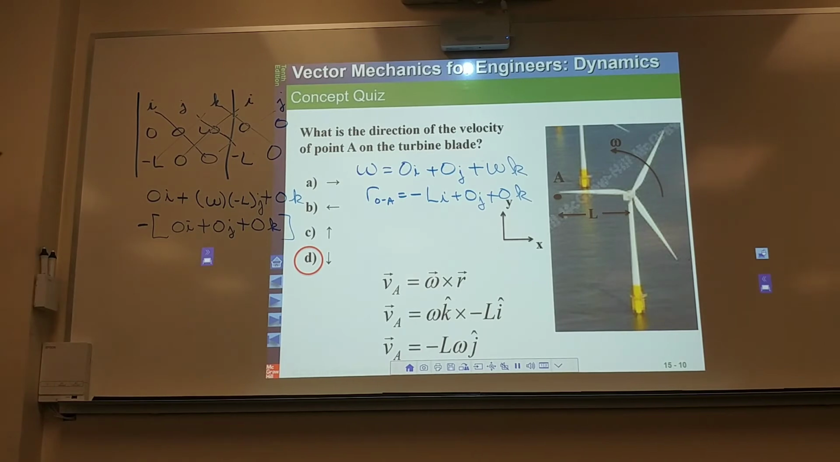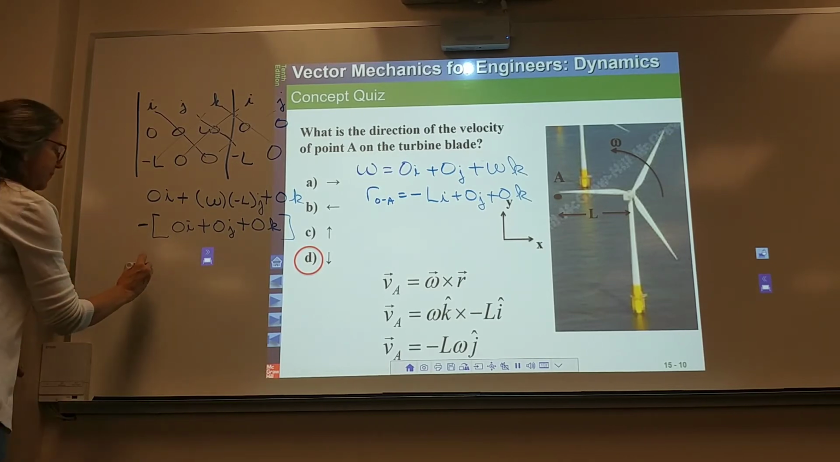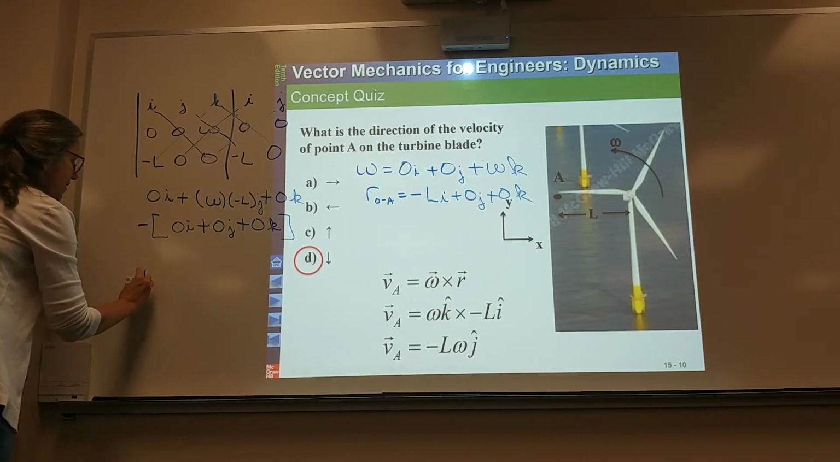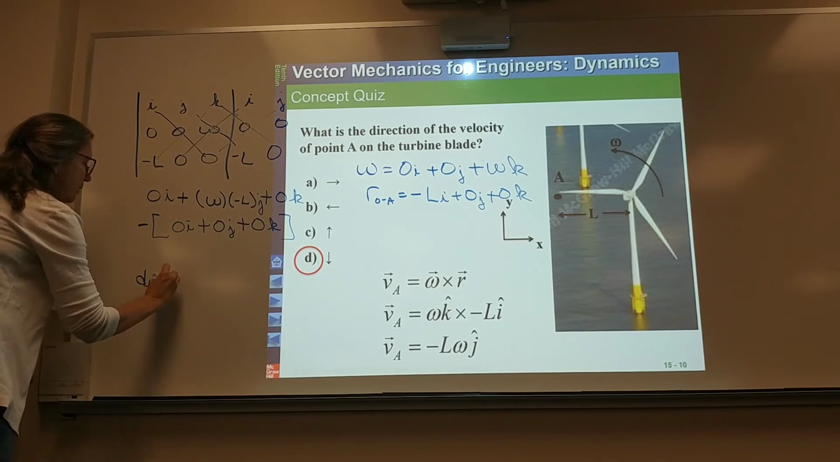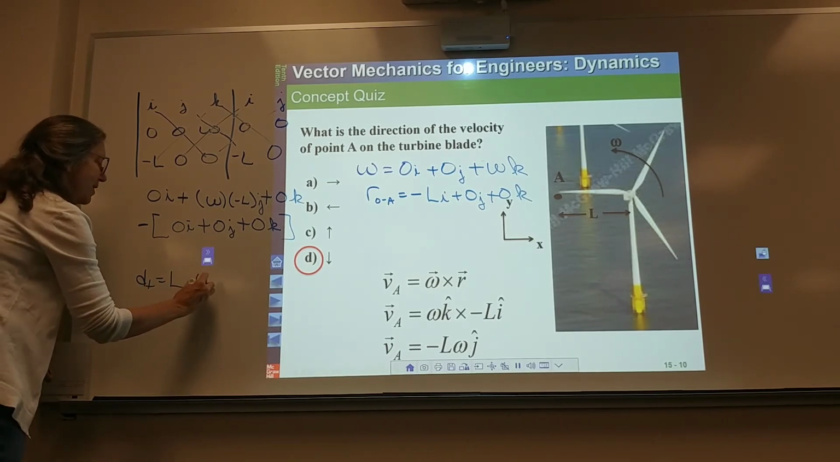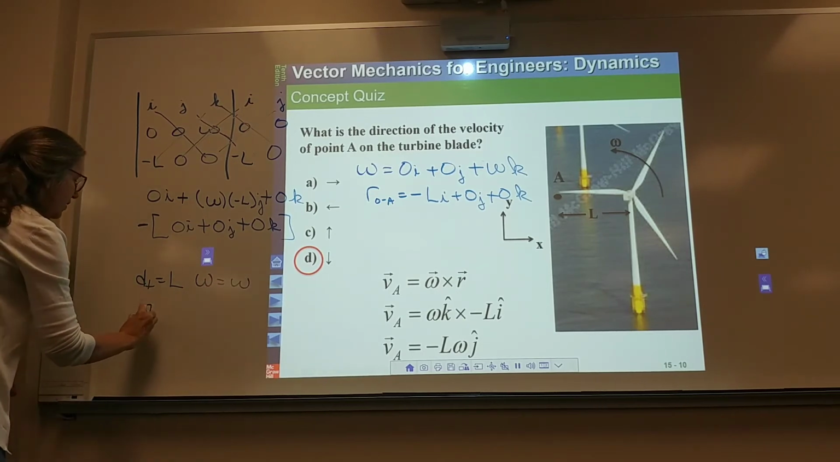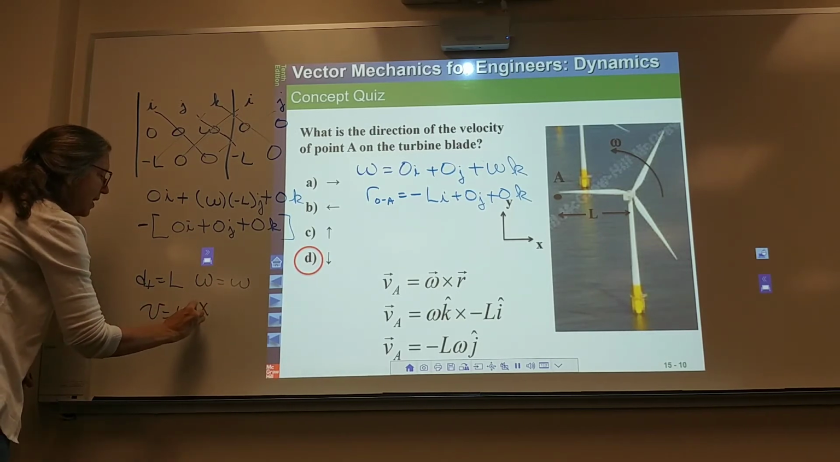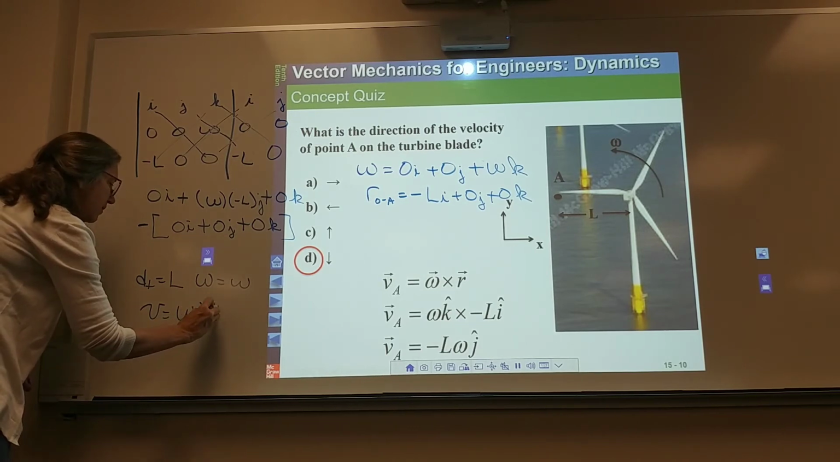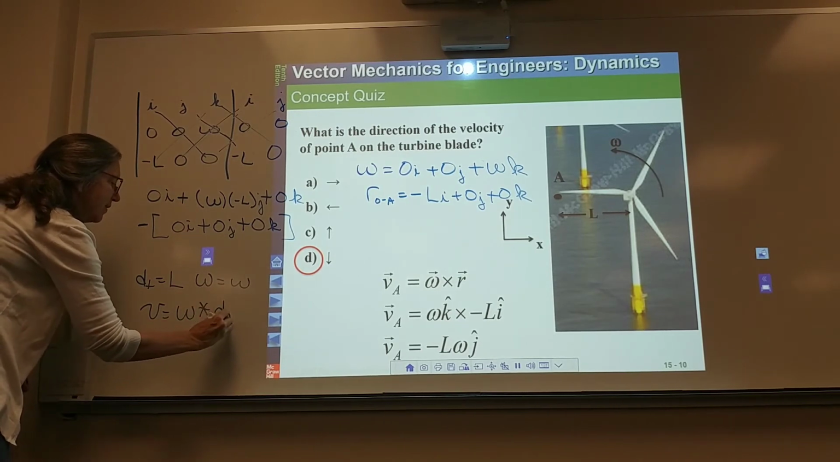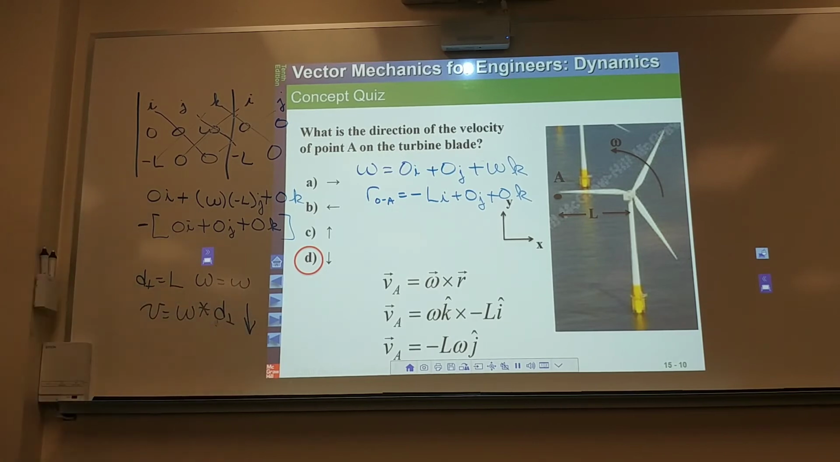A lot longer than doing it just the scalar. The scalar method, we would say that the perpendicular distance is equal to L, and omega is equal to omega. So the velocity is equal to omega times this d perpendicular, and then we just recognize that it's down. Okay? So we look at it and we're like, okay, omega is omega, d is L, and it's going to